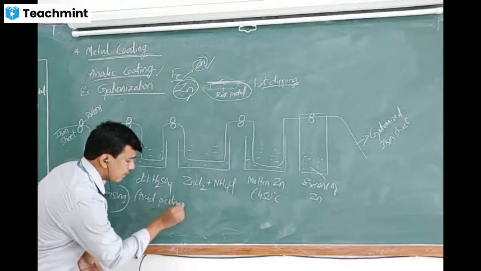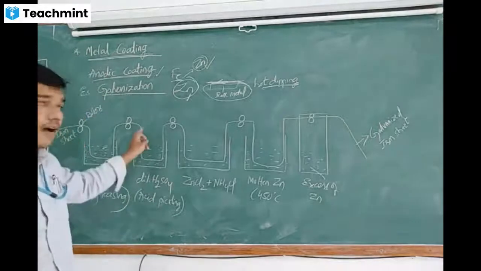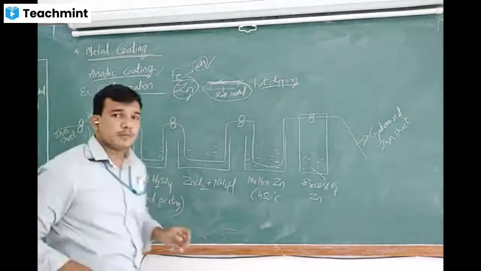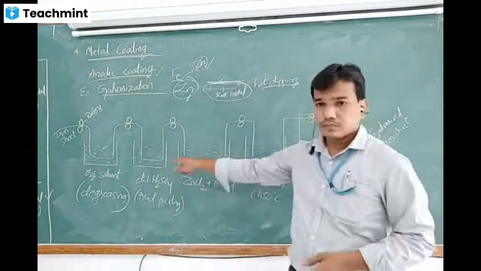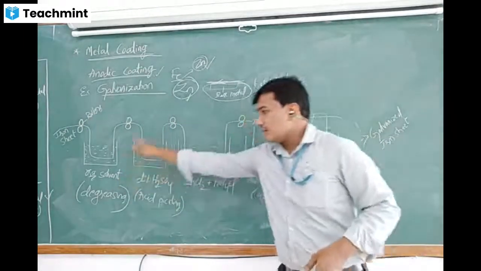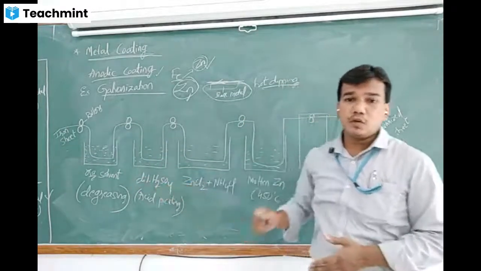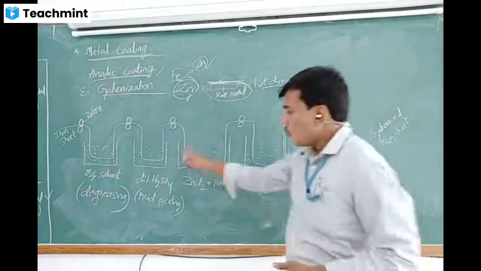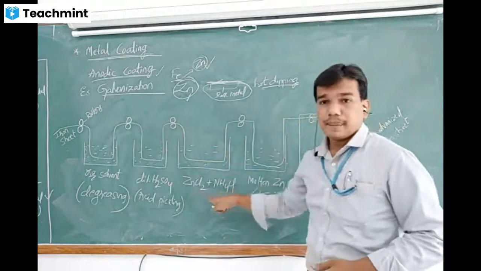By acid we have removed the already formed rust and scale on the iron sheet. Then it should be water cleaned. Water washing we have to do. After organic solvent washing and dilute sulfuric acid washing, we have to thoroughly wash it with cool water. After water washing, then we have to dip it in the mixture.